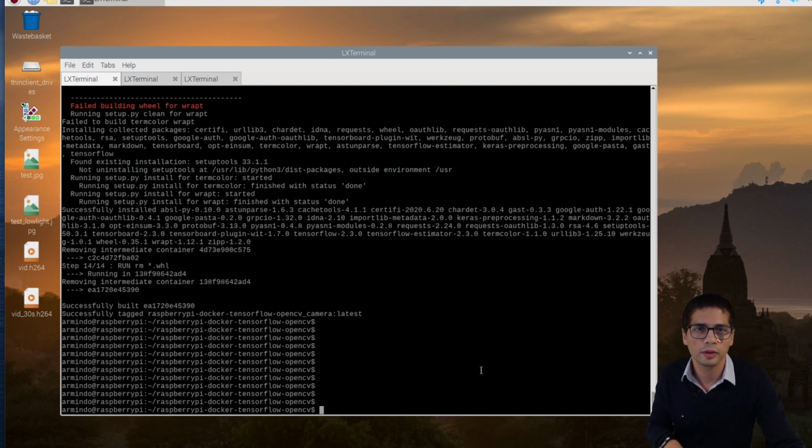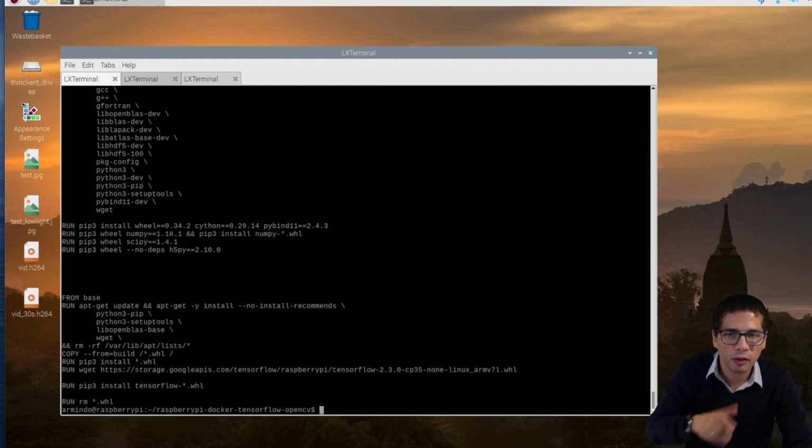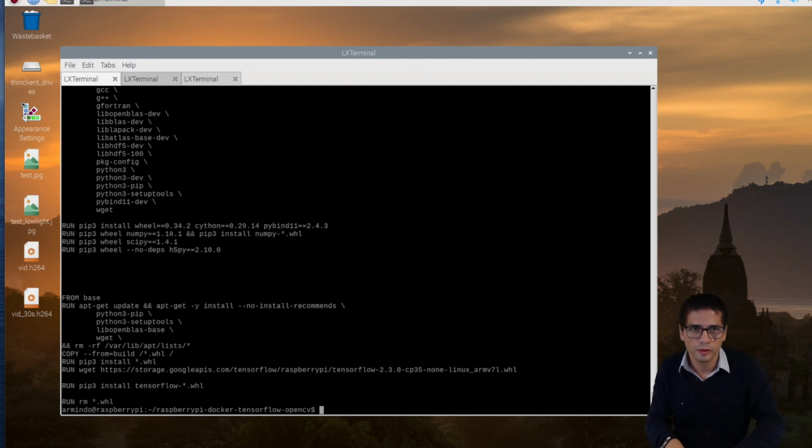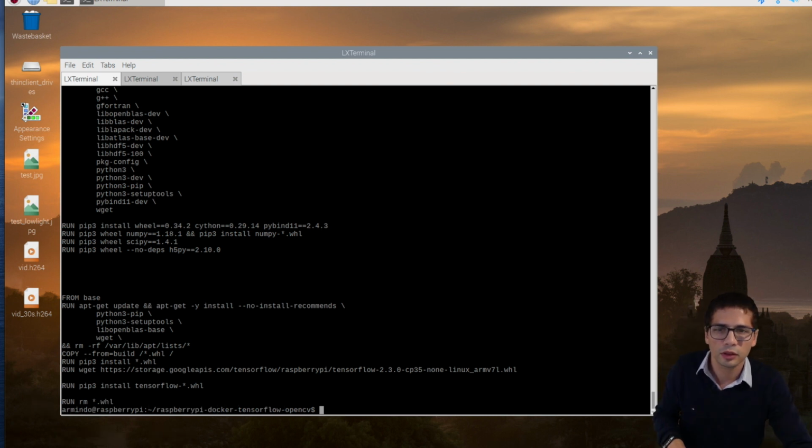So how do I do that? I need to go into my Docker account, which I'm not going to share in public. The way it works, you get a free account in hub.docker.com. You can create a repository, and I already created once TensorFlow. Let me see, TensorFlow. So I have created in the past a few packages for TensorFlow. I'm going to create a new one. TensorFlow 2, Raspberry Pi 4.